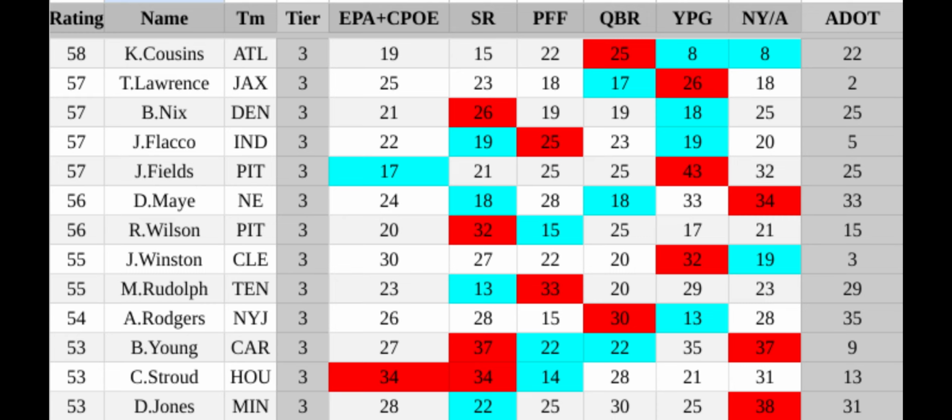Aaron Rodgers, man, weird off the field, weird on the field. He was so divisive. I love just looking at the middle stats where you have 15, 30, 13. That really sums it up. He was apparently good, according to the people at PFF that watched him. I don't really get that one. But the yards per game, that's pretty set in stone. He was passing the amount of yards that people say he was.